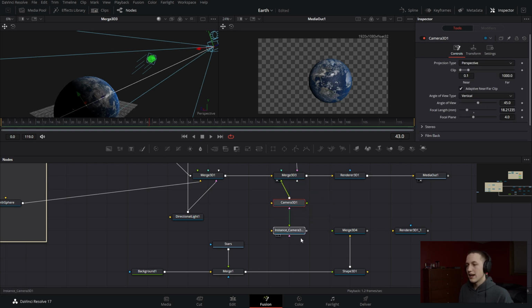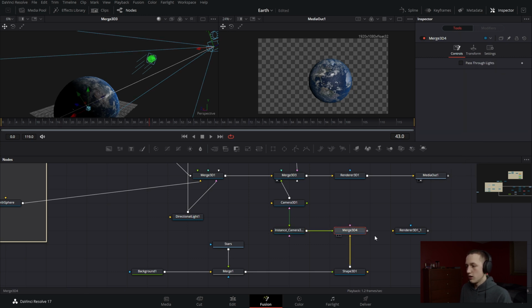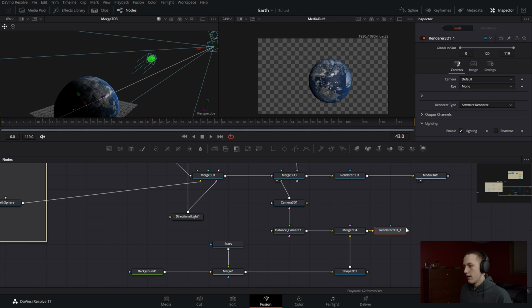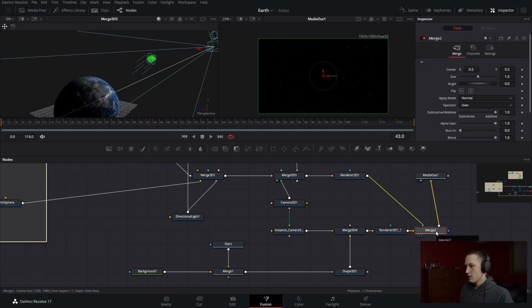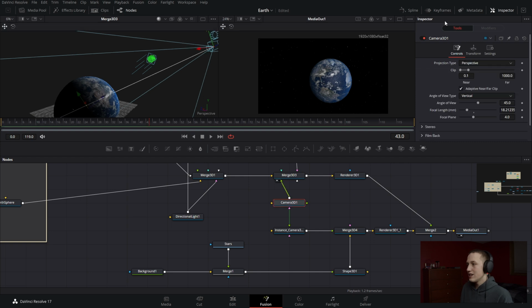And so that makes it so that everything is linked. But I can come and right click on the angle of view and do D-Instance. I'll also do this for the focal length, okay? And now if I put this into the merge node, put this into the render node, and then merge the render node up with the other one, like that, flip the inputs like so,